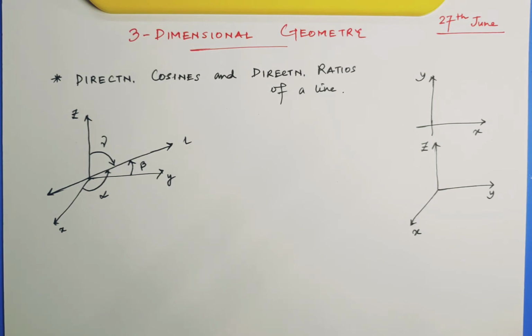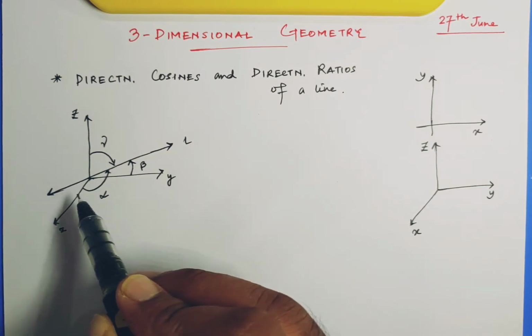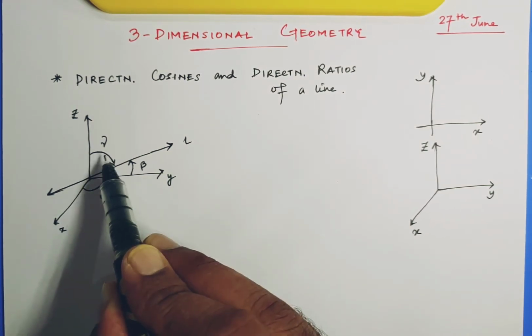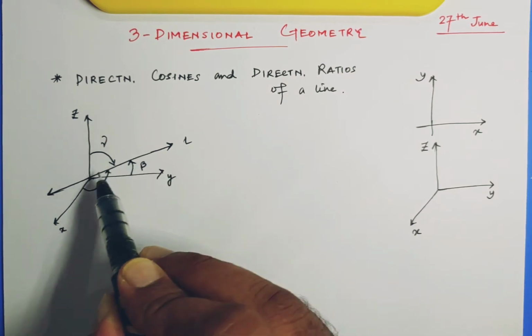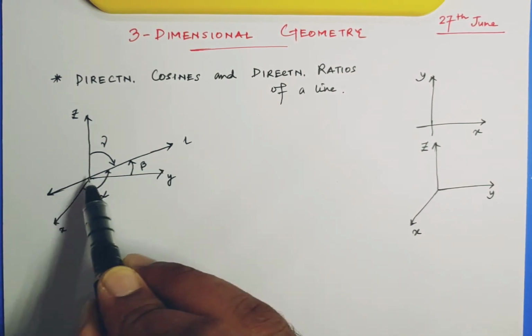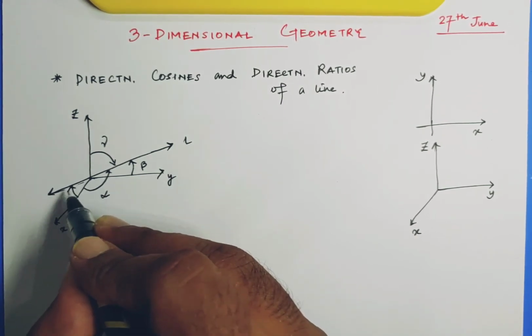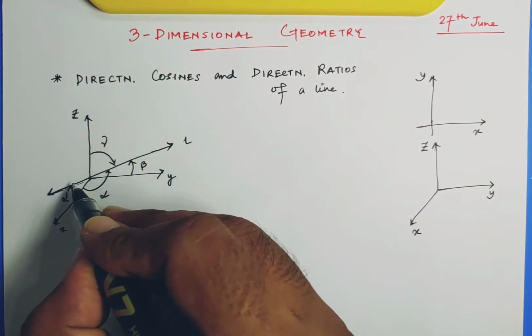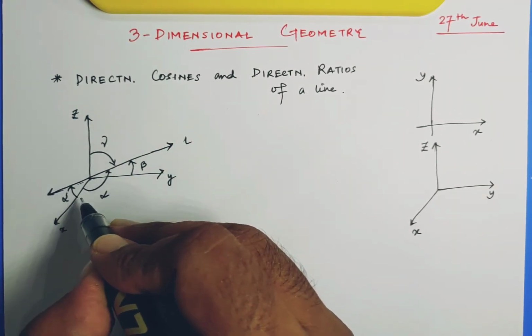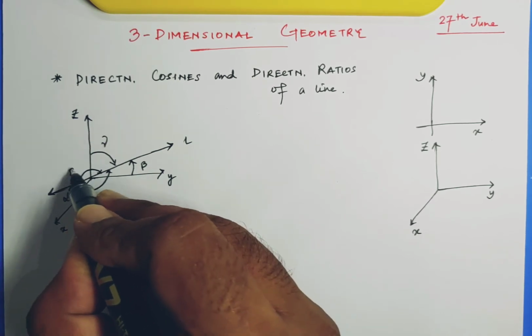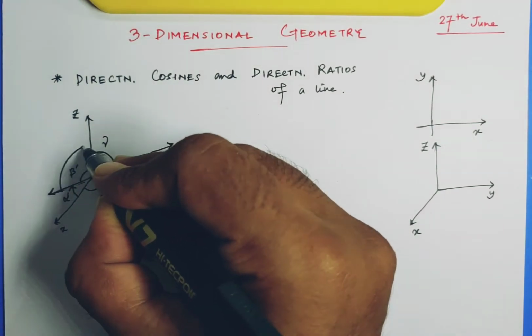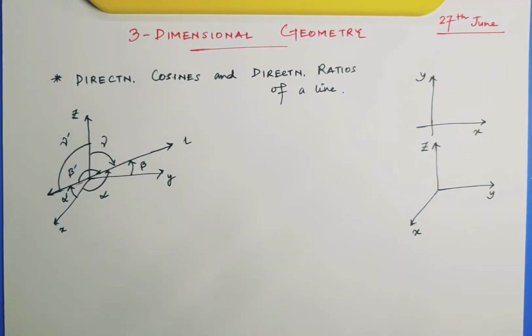Everything which we dealt with for vectors in the previous chapter, now we will just be adding lines into it. Now look here carefully. These angles are the angles made by the line in this direction. For the opposite direction the angles will be different. The angle on this side is alpha dash, this side will be beta dash, and this one will be gamma dash.